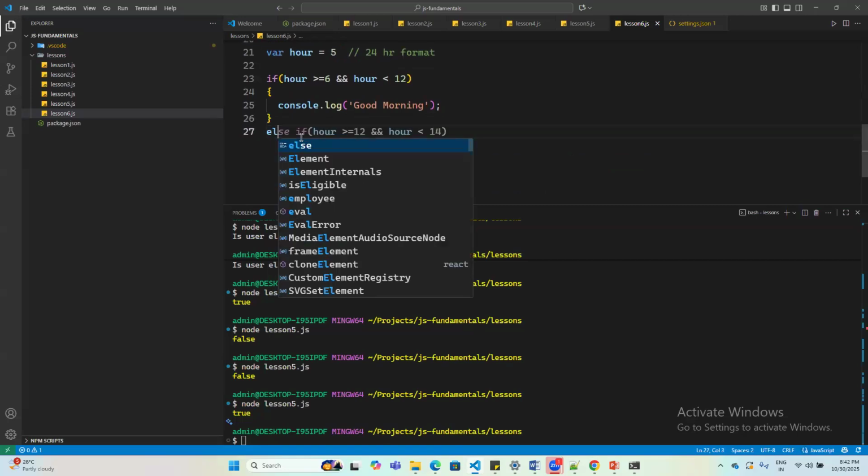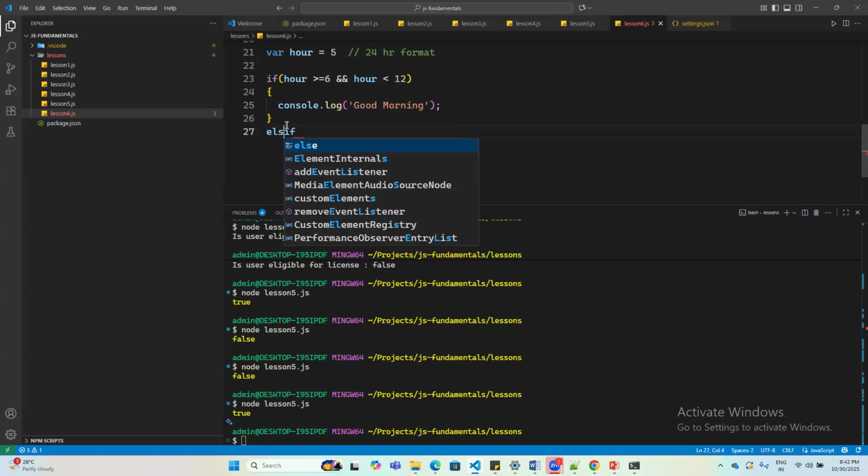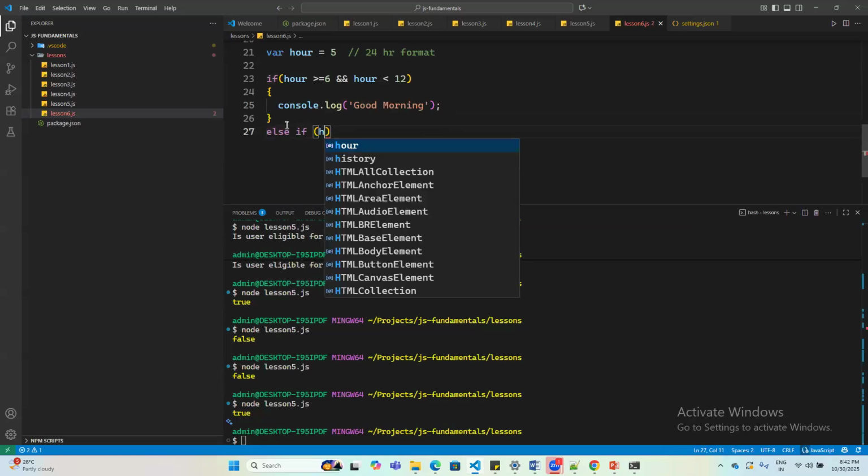And then if you want to continue with another if statement, you need to write else if, okay? You cannot simply write another if statement over here, because this will break the chain and be considered a discontinuation, or a new if condition, okay? So to avoid that, you have to always write else if and the second condition